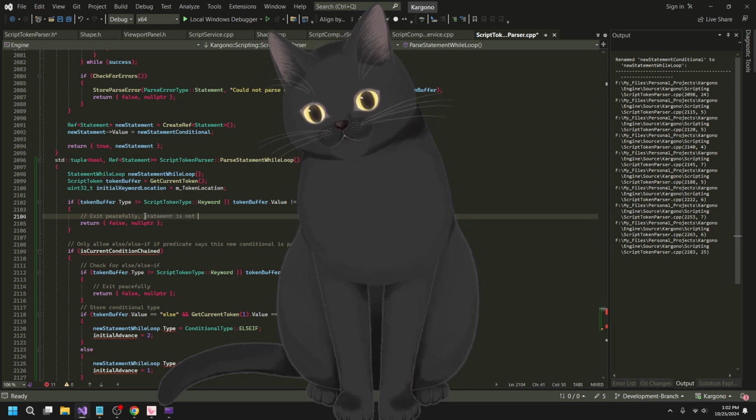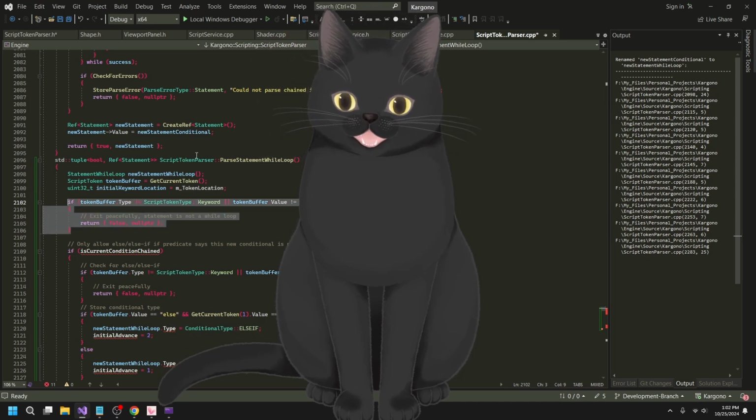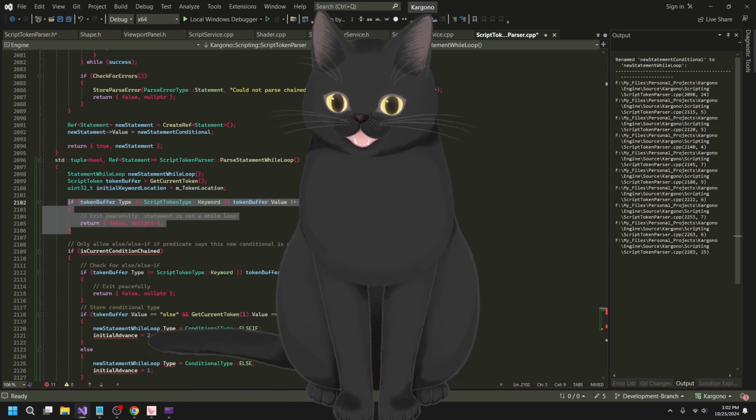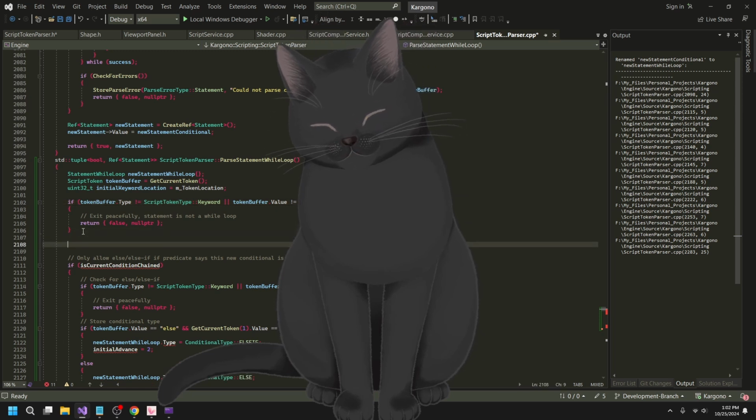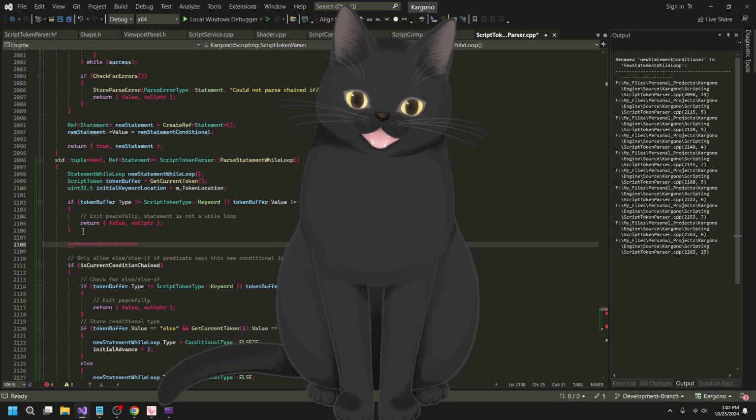The statement is not a while loop, right? So this is our chance to early out from this, because we're going to be looping through all the statements. So we're going to enter here real quick and check, is there a while here? If there is a while, then we can continue, and everything past this point is essentially fair game. You can start throwing errors, because if you put a while keyword, I'm expecting you to finish what you started, right?